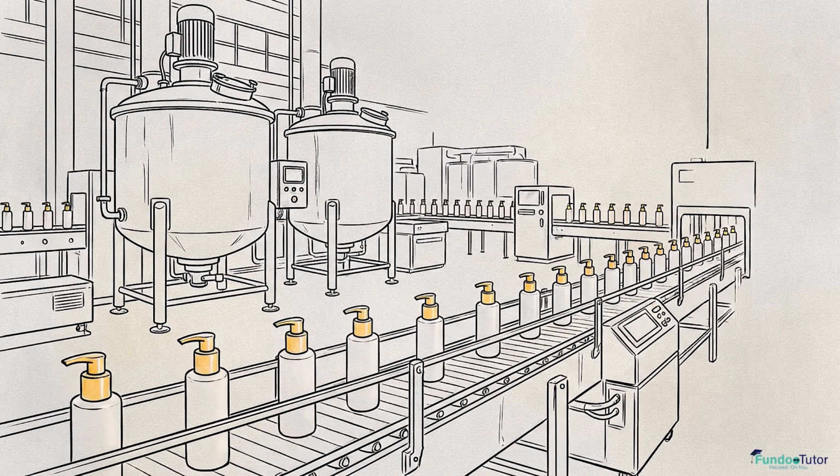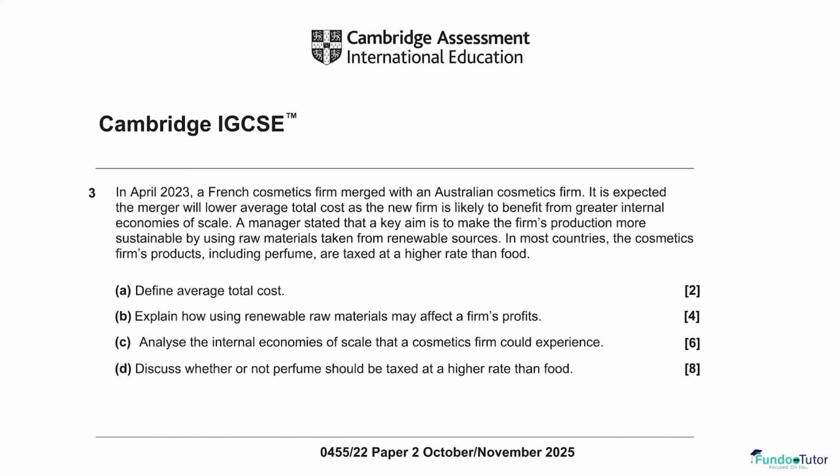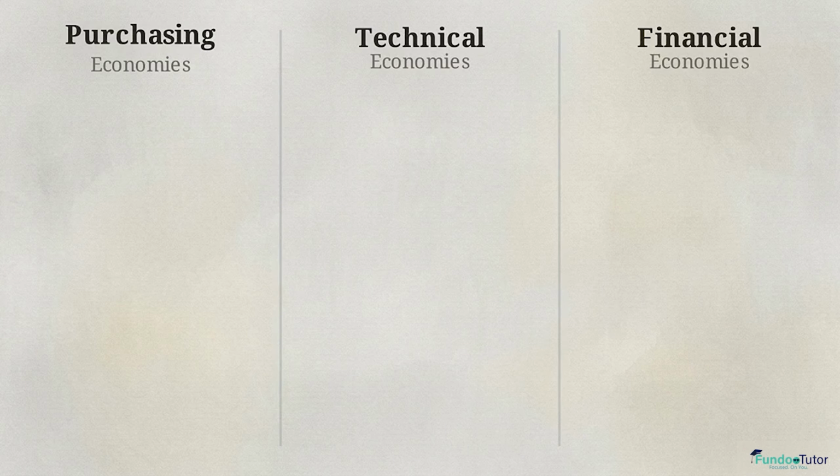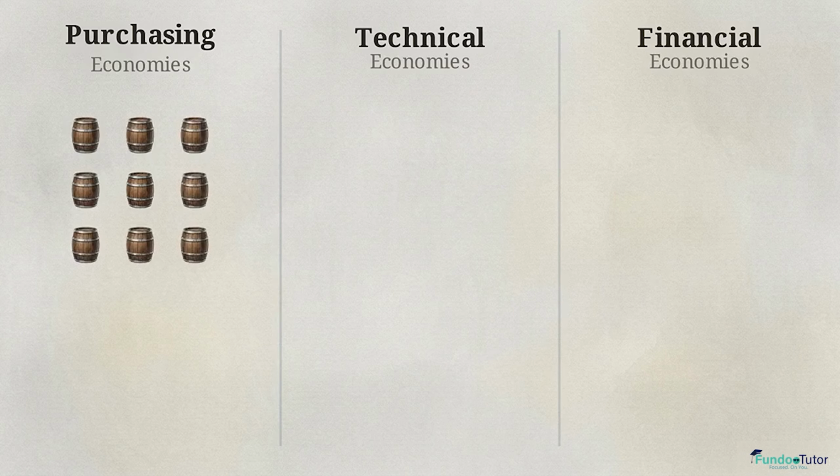Take a cosmetics firm looking to expand. Before we map out the specific mechanical ways this growing factory lowers its costs, pause for a second and try to identify a few on your own. The most immediate advantage is purchasing economies. By buying raw chemical ingredients in massive bulk, the firm secures supplier discounts, directly lowering the cost per bottle of